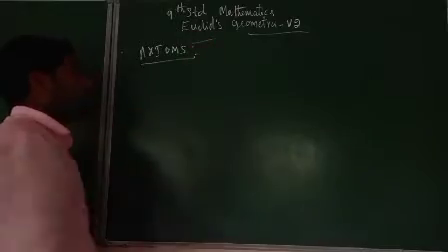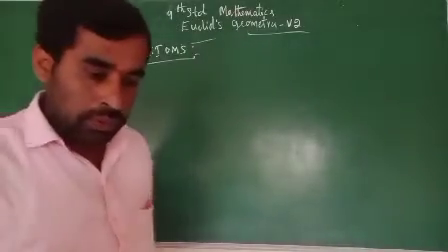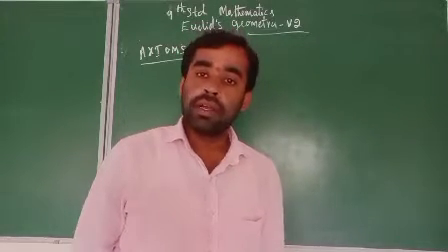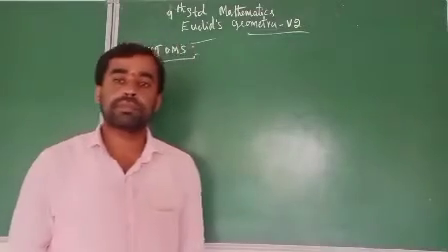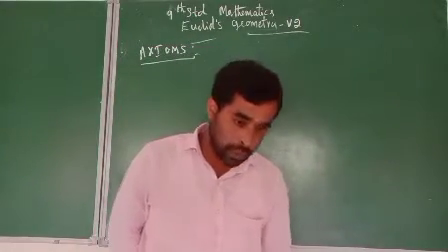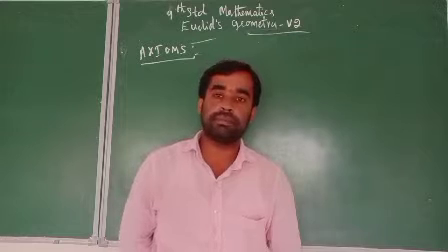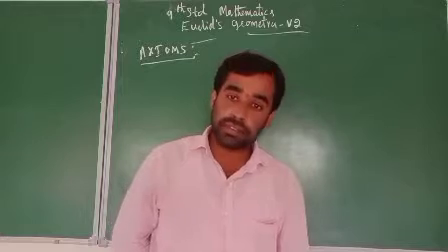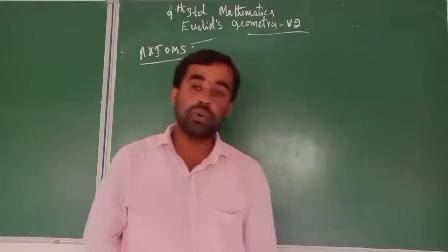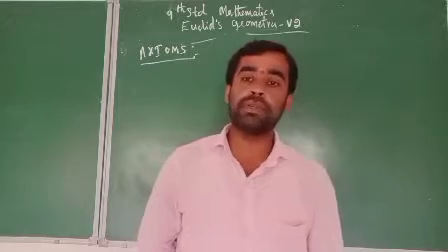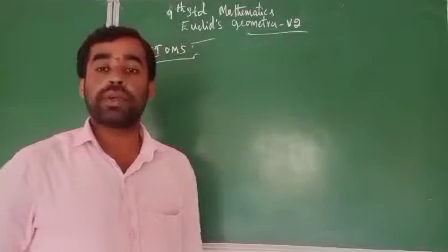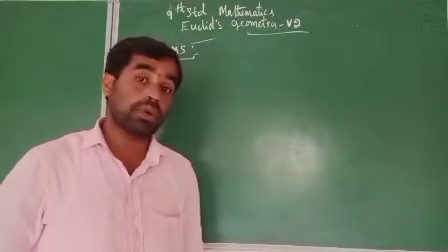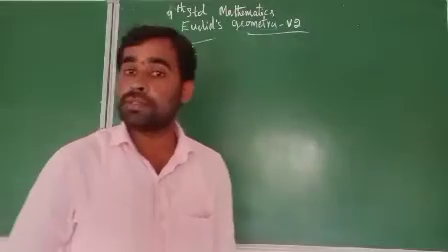Axioms, or Euclidean axioms. Axioms are general statements or elementary statements which are self-evident. They are self-evident and they have to be accepted without any question. We have to accept them without any question. This is what we call axioms. Axioms are elementary statements which you have to accept without asking any question, because they are self-evident.